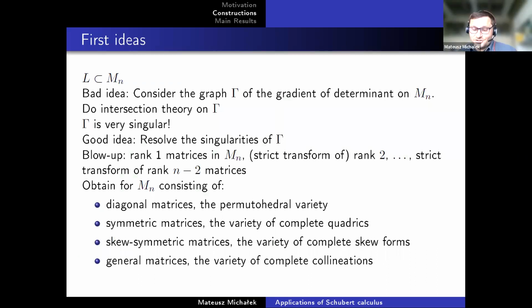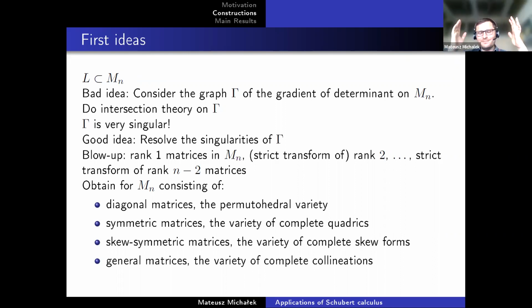I wanted to tell you that in algebraic geometry, we can go back to exactly the question that you already asked, like how to compute this multi-degree of the graph. What is it geometrically? How do you really intersect with those hyperplanes? There is an intersection theory that could answer it, but it's a bad idea to do it directly because this graph could be very singular. And what actually is the correct thing to do is to resolve the singularities of this graph to make it smooth.